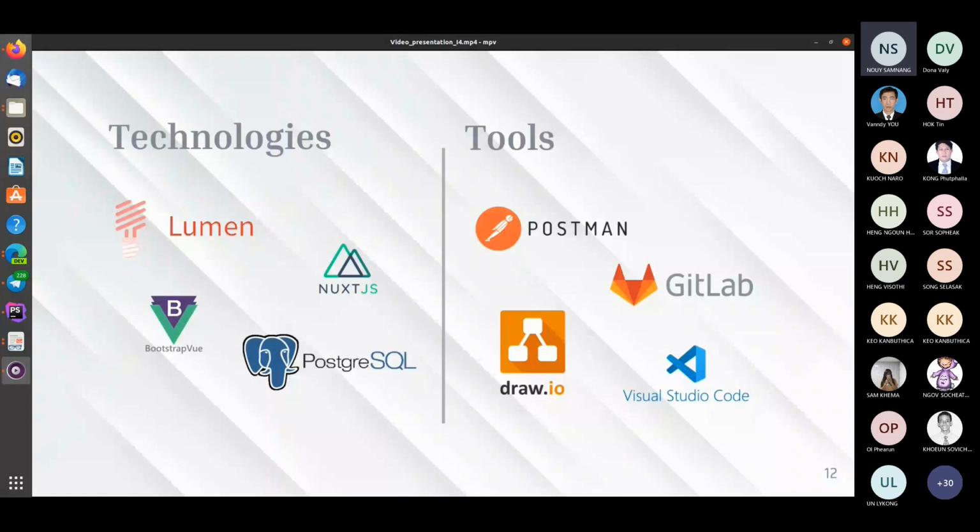Technology and tools. These are the technology and tools that we use. We use Laravel Lumen as the backend and Node.js as the frontend. And for the database, we use PostgreSQL. Next,